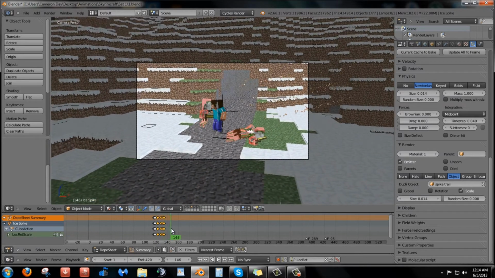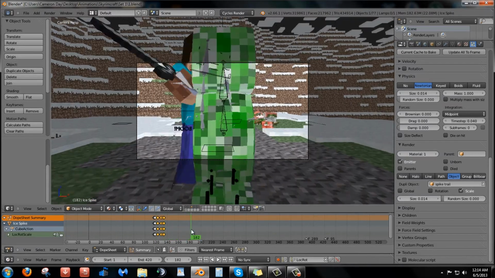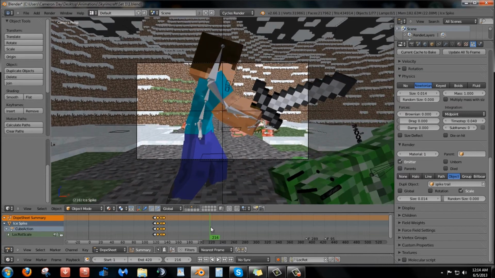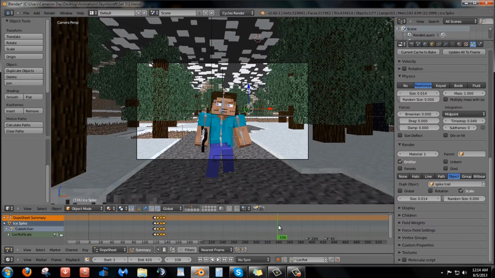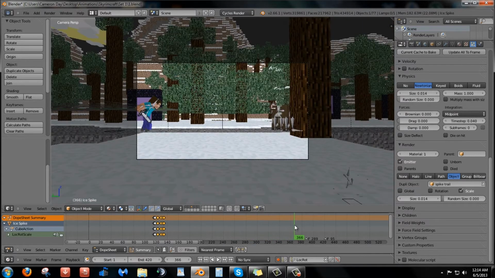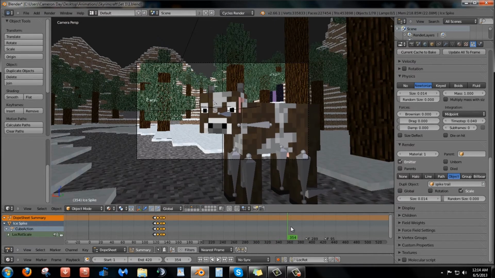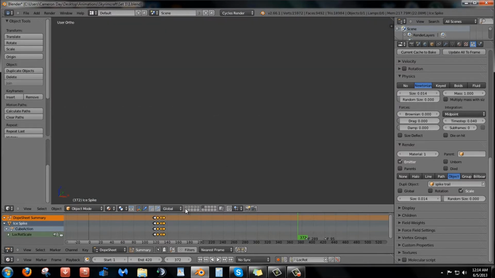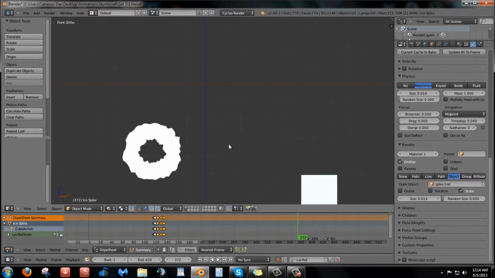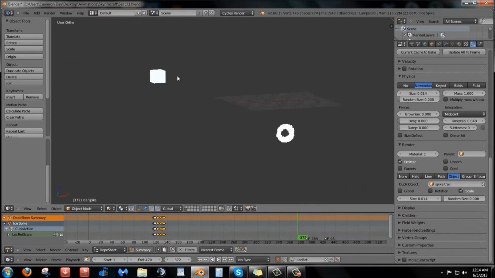Moving on to, I think, the next thing would probably be the shout. So, what was the shout? Well, it was that weird looking thing you saw earlier. Where is it? Alright. I think it was this. No, it was this. Yeah. This was basically what the shout was. This little weird, jagged looking donut thing.